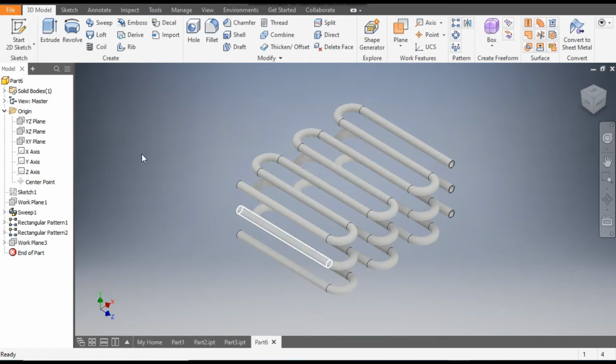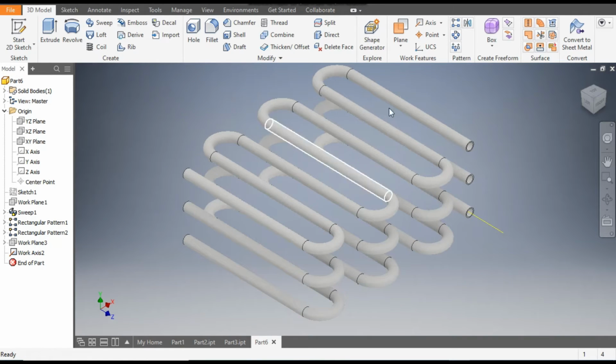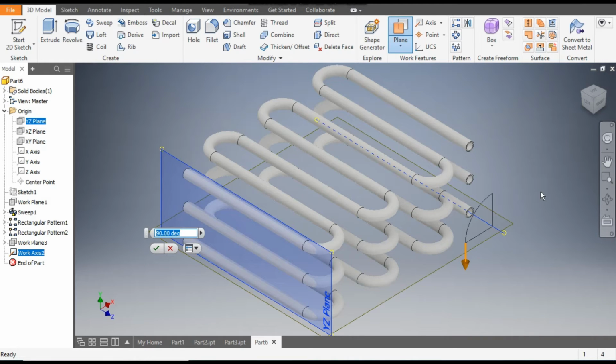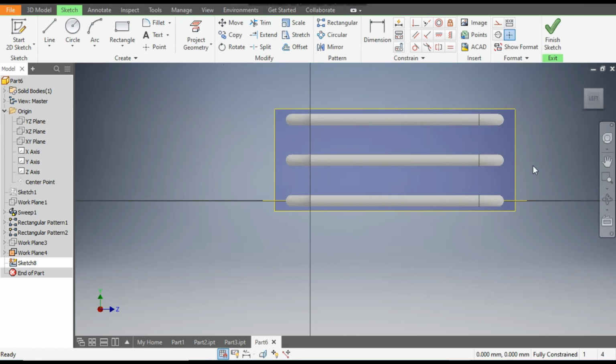Now to make the bend profile, we'll go to axis, construct an axis over here, and with reference to this axis we'll construct a plane. Go to plane, from here select YZ plane and select this axis. Now it will ask you the angle of rotation you want with the plane. We want a 0-degree plane, and okay, so this will be the new plane. Now select this plane, go to create sketch, rotate the view,